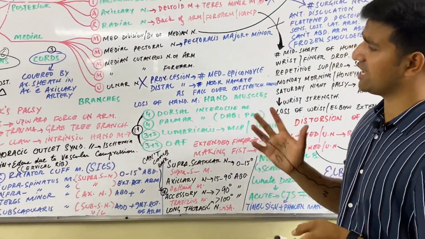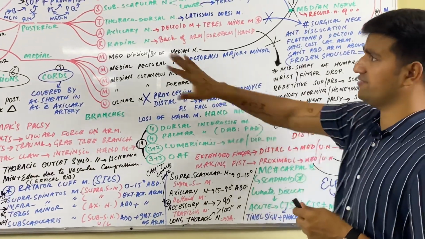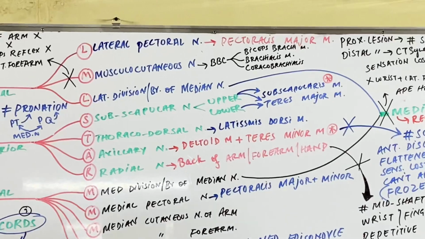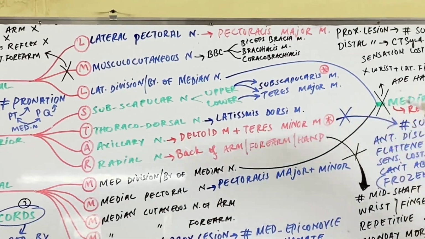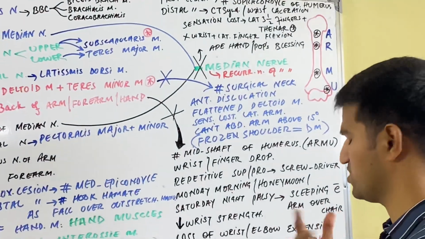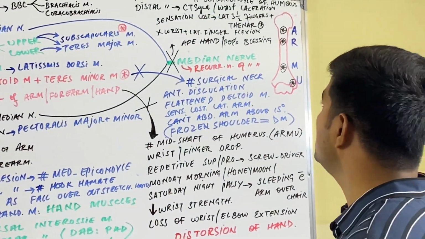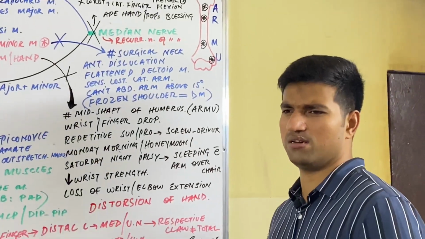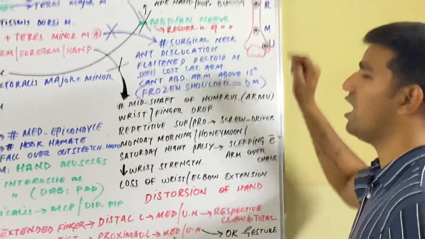Now we will discuss what happens if there is a lesion there. For example, we have discussed what happens if there is a problem in the musculocutaneous nerve. Now we will discuss the median nerve. If the median nerve is damaged by trauma, tumor, infection or any other pathology or cause, before that you must know a concept called R-move.